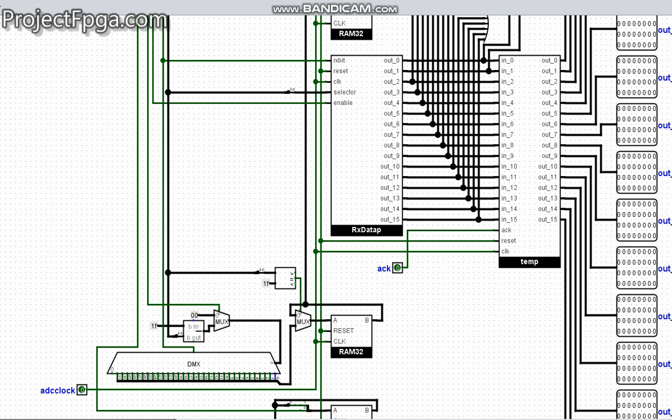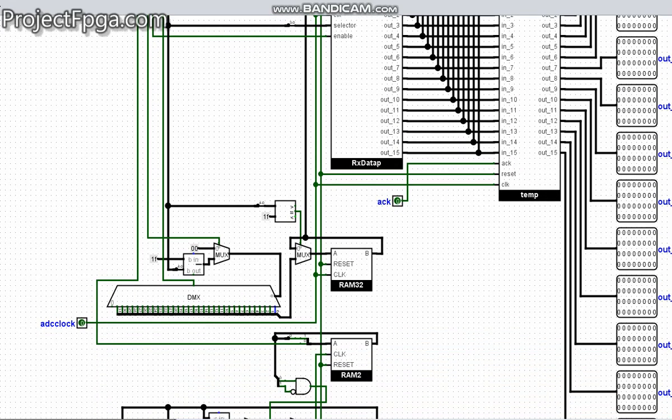Sorry for the interruption. Once the acknowledge bit is sent, the data is now moved from here, our data time, to here, and that is how we get the final output. So I think that is much about the